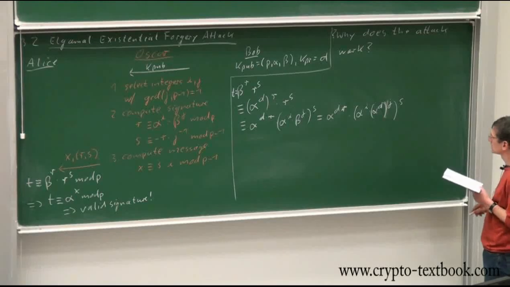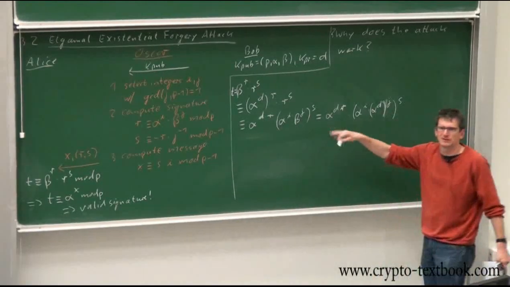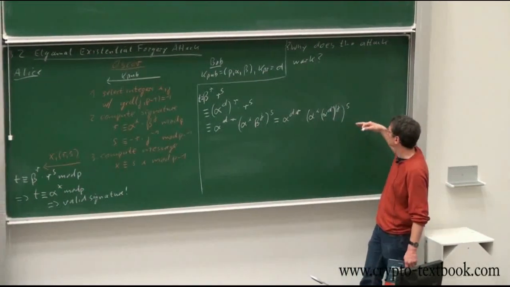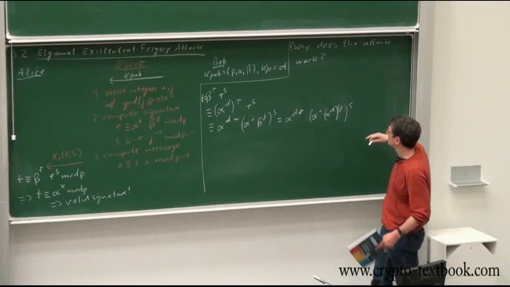Everybody with me? Is that too fast? Beta is alpha to the d to the j, so I get really bad exponents here. And this becomes